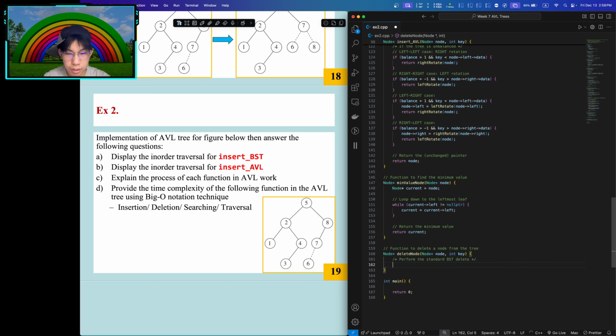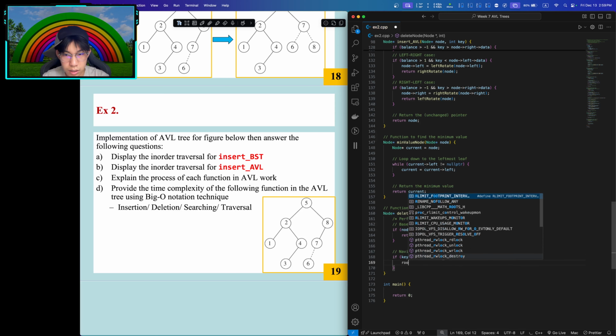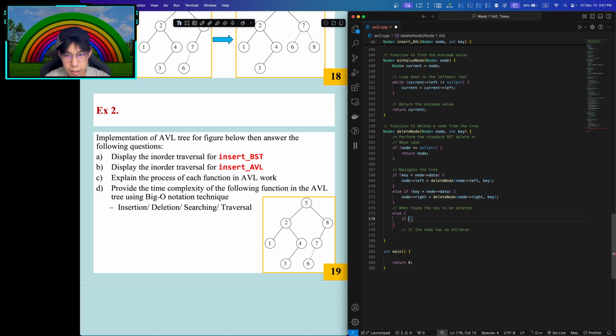Then, same thing, we have to check if the node is a null pointer. You could return a node or a null pointer, because both are a node anyway, same as last time. If the key is less than the data inside the node, then you navigate to the left. Else if the key is more than the node's data, then navigate to the right. Then when found, we have to check if the node's left child equals null,